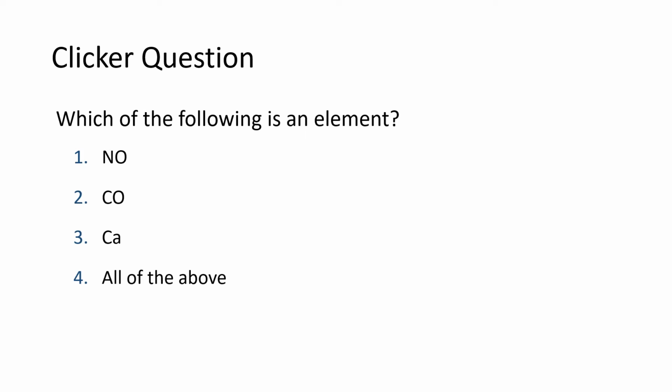And we are given NO, CO, and Ca, or all of the above. So this question is trying to get at the formalisms for writing the formula of an element. And the rules that we developed said that the first letter will be capital and the second letter will be lowercase. There's only one of these that matches that pattern, and that is capital C, little a, and that is